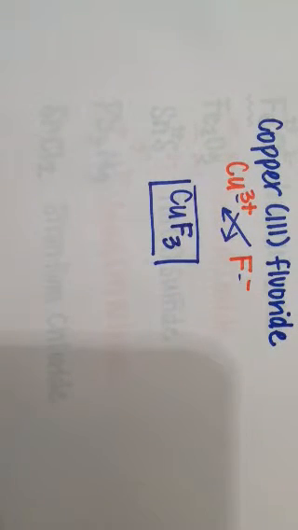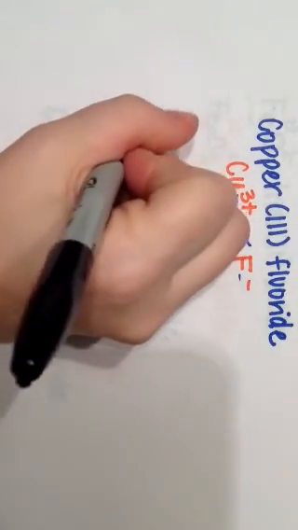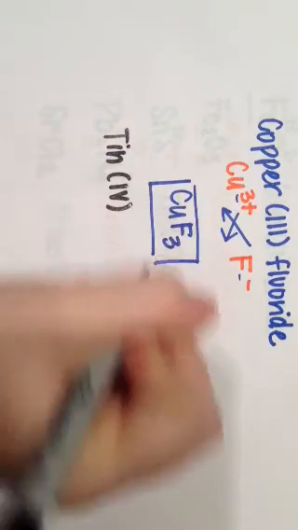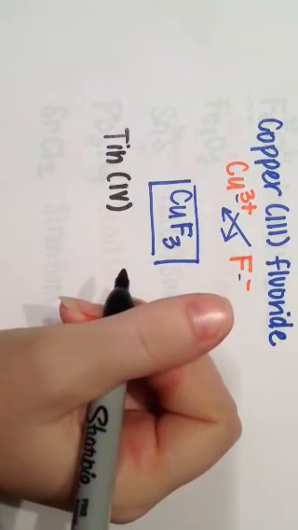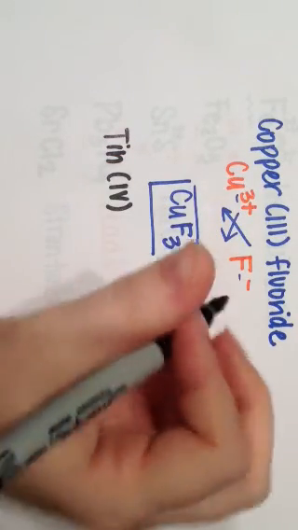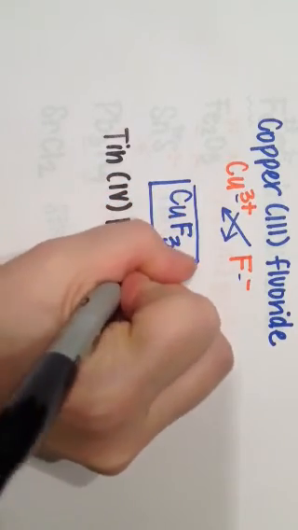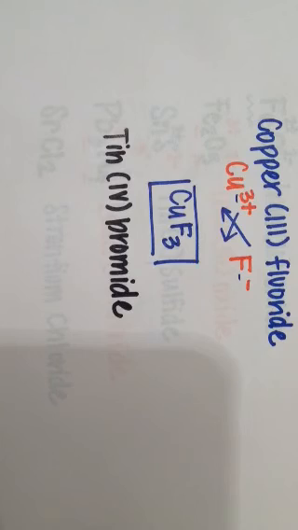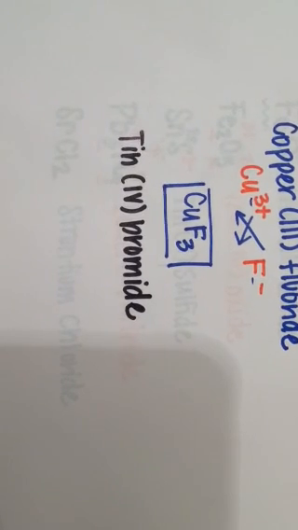Let's do another one. Let's say we had tin(IV) bromide. Again, I'm going to do the preliminary step just so you can see